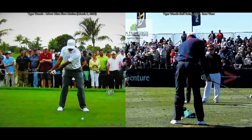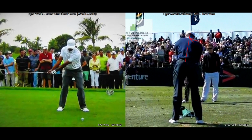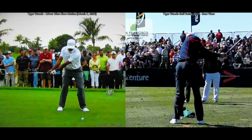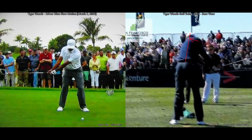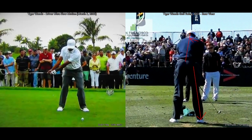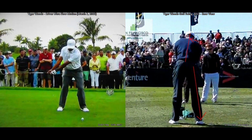So this is a little bit easier to see in this angle here. So here's address, taking that right shoulder blade and turning it back toward the spine, and now you can see exactly what I'm talking about there. So not a lot of movement from the body. This isn't the most still camera angle. And then the same thing here, we're going to be driving some weight into that right ankle, and again, you can see there's not a lot of moving parts as far as that goes either. So this is a really efficient way to do a takeaway,